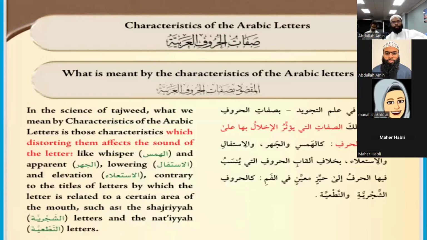All right. What is meant by the characteristics of the Arabic letters? In the science of Tajweed, what we mean by characteristics of the Arabic letters is those characteristics which, if distorted, affect the sound of the letter. All right, so before we get into that,